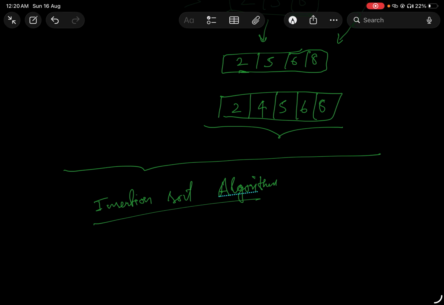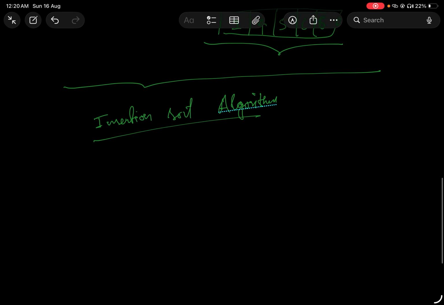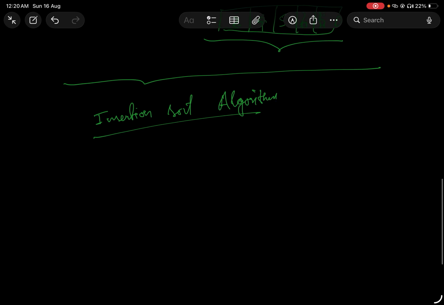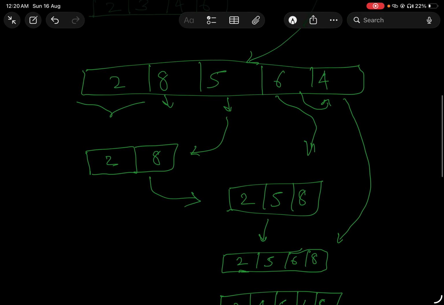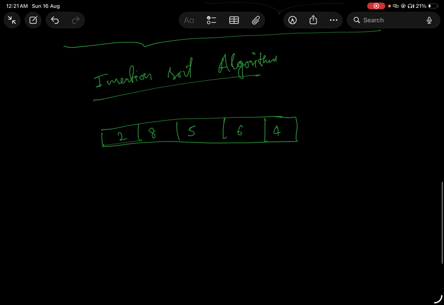So now my objective is how can we achieve this by code. We were given this array, 2, 8, 5, 6, 4. Firstly, I assume the first element to be the sorted array, so we'll iterate from the 1st position. So we write this: